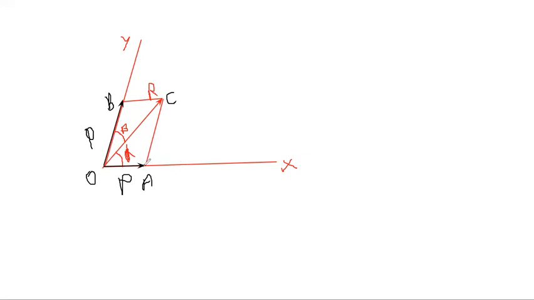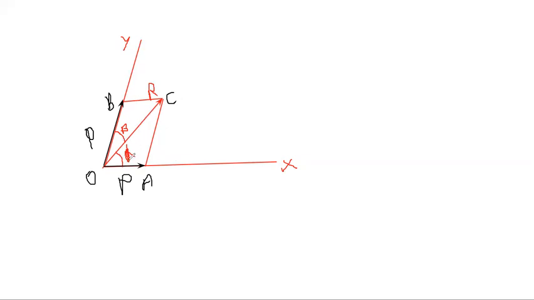Now let us see what will be the value of P and Q. Had this P and Q been resolved into two rectangular components, then P would have been R cos alpha and Q would have been R sin alpha, right? But this is not the case. See, these x direction and y direction are not perpendicular to each other, which means P and Q are not perpendicular to each other. So we have to find out the values.